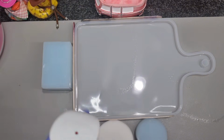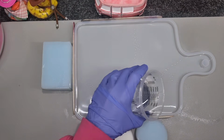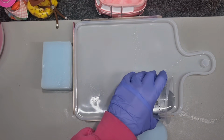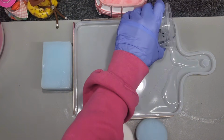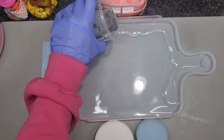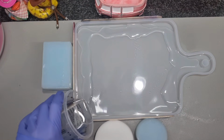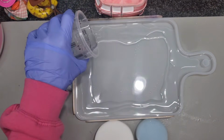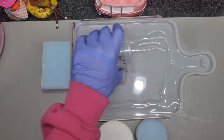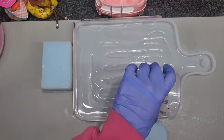So let's give our mould a little spritz. Now, you don't have to use alcohol. You can always use a long neck lighter. You can use your heat gun, just whatever you prefer. I wouldn't use a torch, especially on a thin mould like this. I don't normally use torches at all unless it's a super, super thick mould and I can control the flame. But yeah, definitely not on something like this,